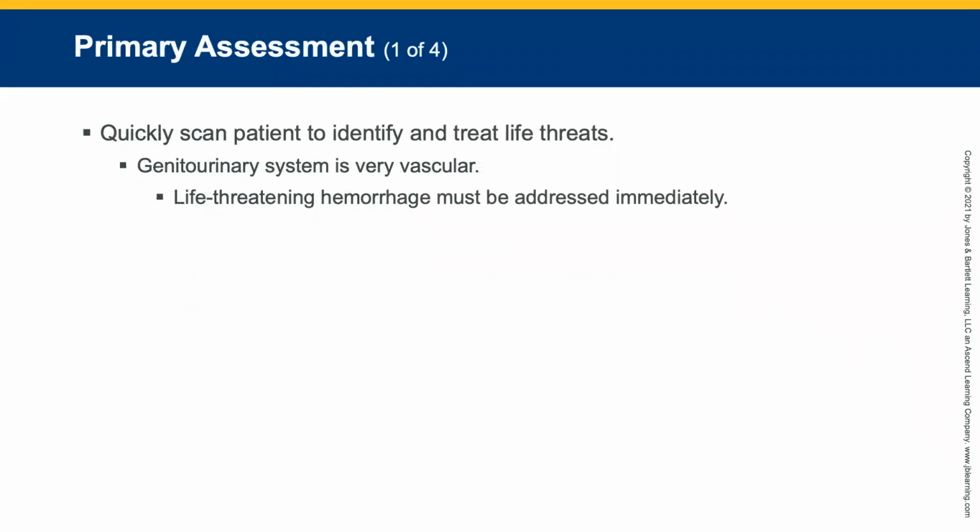Quickly scan the patient to identify any life threats, which we should do no matter what on any type of call. We should always do that. Injuries can produce a significant volume of blood. Do not avoid this area in the rapid scan. Make sure you still check their genitalia. If the bleeding is persistent, maintain privacy for the patient and inspect the exterior genitalia for visible injuries.